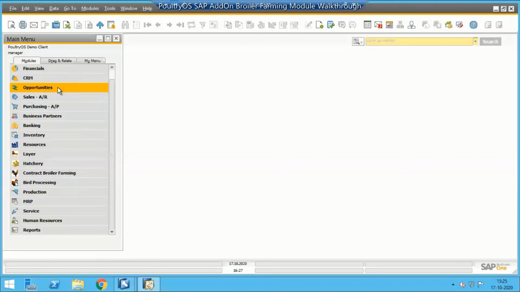In that, we also get all the details about whatever items are consumed and the costs related to those items. So we get end-to-end profitability of each batch. It will capture purchases, expenses, and overall sales, or whatever standard rates we are considering. Based on that, we can calculate the actual profitability of each batch. So we get a profit and loss report at a batch level, at a location level, and at a branch level as well.